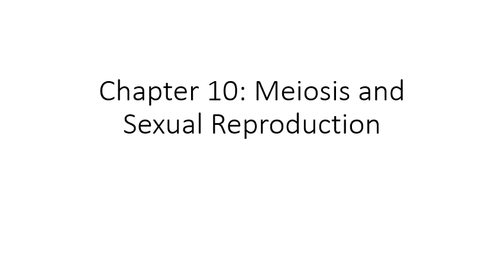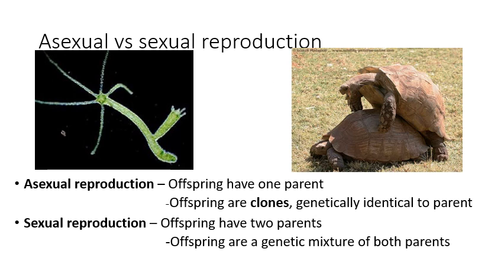unique and identical. But you can have two different types. So we have asexual reproduction, which is where the offspring are clones, so they're genetically identical to the parents. And then we have sexual reproduction, where you have two parents that are genetically non-identical, so they're unique, and the offspring is a mixture of those two parents. Alright. So now we're going to have some genetic diversity.